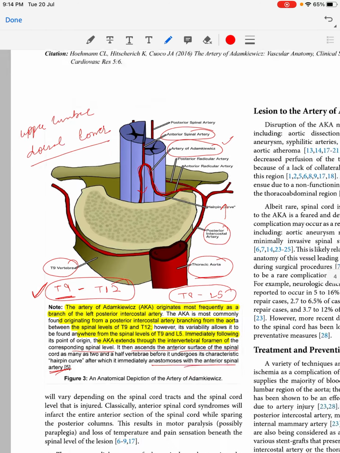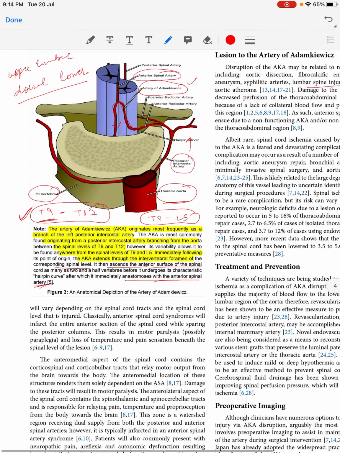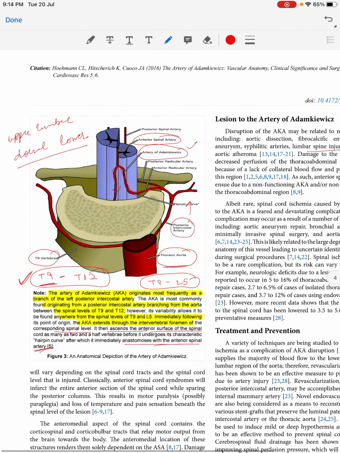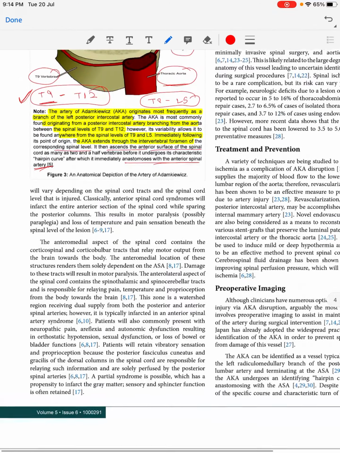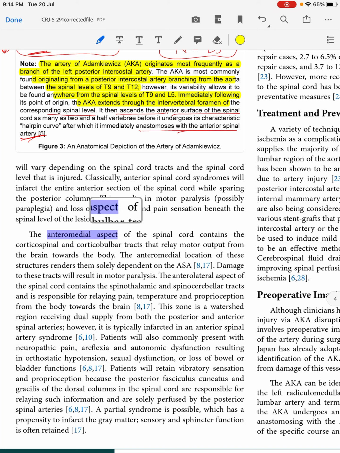Any lesion to the artery of Adamkiewicz because of any emboli or any trauma will result in disruption of the anterior blood supply to the spinal cord. Once the anterior part of the spinal cord is disrupted, it will result in anterior cord syndrome. The anterior part of the spinal cord, anteromedially, contains the corticospinal and corticobulbar tracts, which are the motor output, and it contains the spinothalamic and the spinocerebellar tracts, which are responsible for pain, temperature and